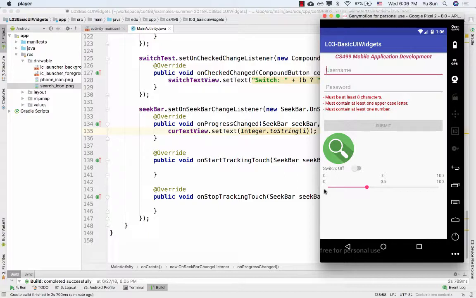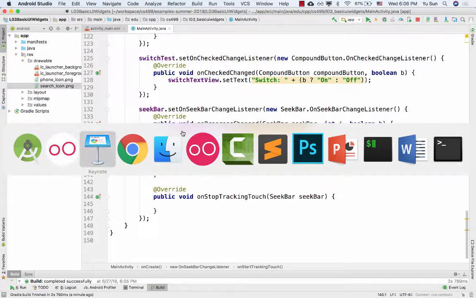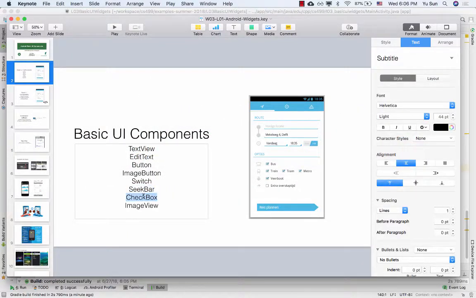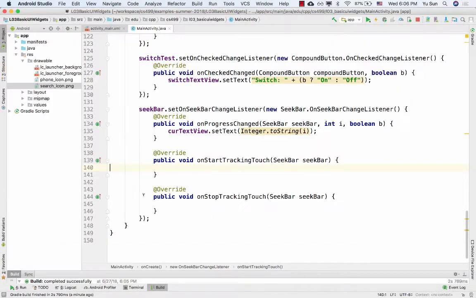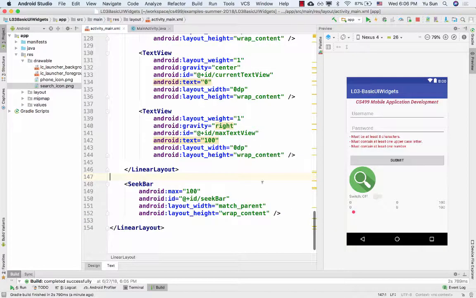And then checkboxes. Right, so if you do a checkbox, wrap content, and that's just checkbox. I don't think you can, oh, you can do the text. So the checkbox here, option 1 will be, you know,